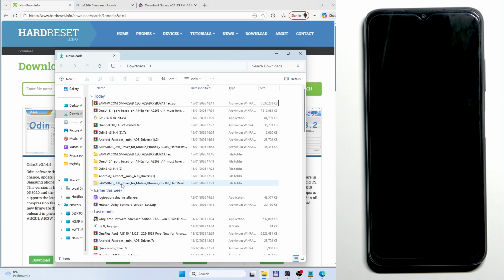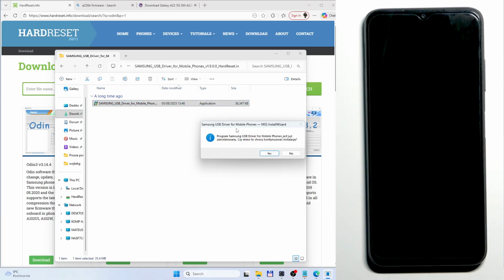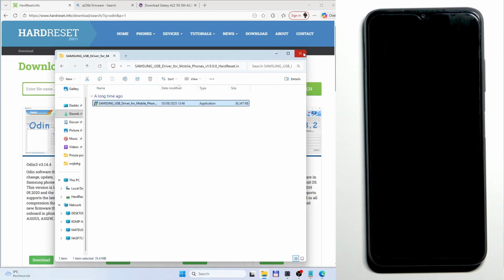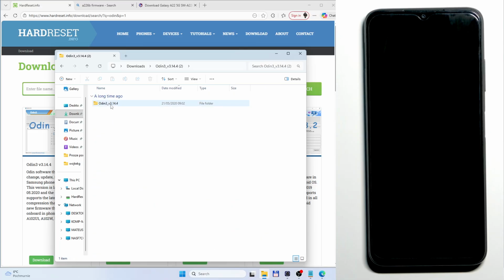Now we need to install the Samsung drivers, so open up and start. Double click. In my case it's already installed, so I won't repeat the process. After the installation of the Samsung drivers, I highly recommend restarting your computer so everything will be installed properly and all of the drivers will be working properly. So I won't install it right now. Now we can launch the Odin app. So open up the Odin,